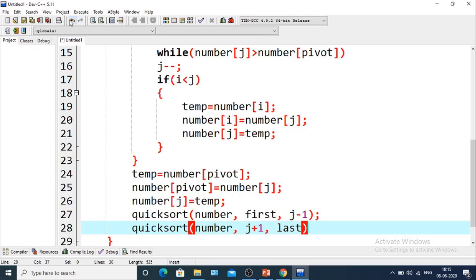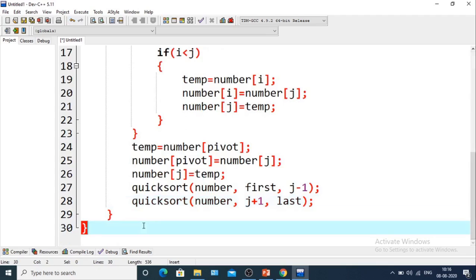last. Okay, so basically after pivoting, after the pivot element came to its final position, there will be two parts, one its left part, another one its right part. So there will be two lists. We'll have to do the sorting procedure on both these two lists, in the left and right. We'll do the same thing.